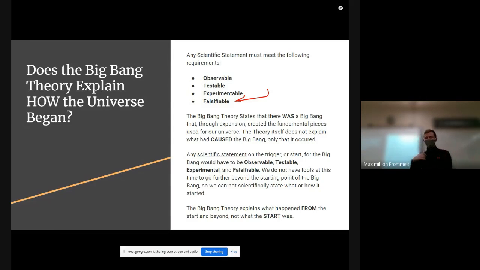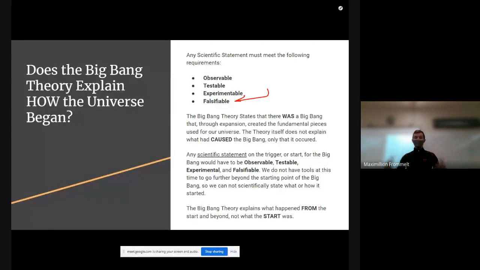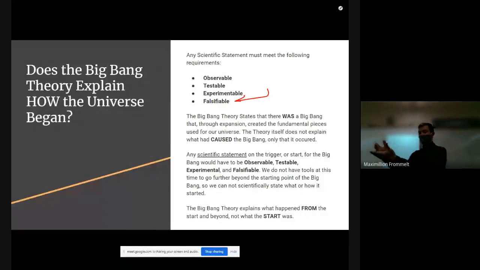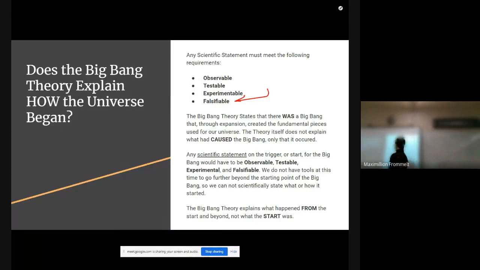Falsifiable means that anything you state, there has to be restrictions. And so when we talk about the forces from Newton, or we're talking about gravity, there should be some kind of equation or some system that says if this happens, this should happen. So then in the real world application, if you do that thing, you should be able to create a predetermined result. And so what all of that means is the Big Bang Theory states simply that there was a Big